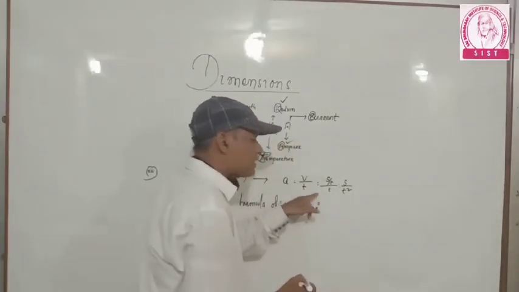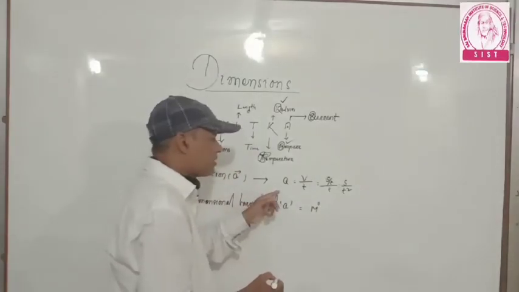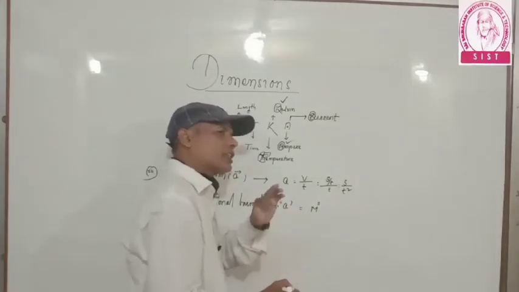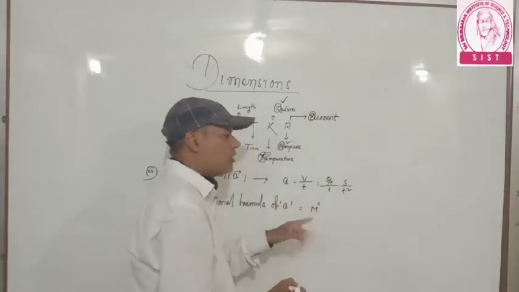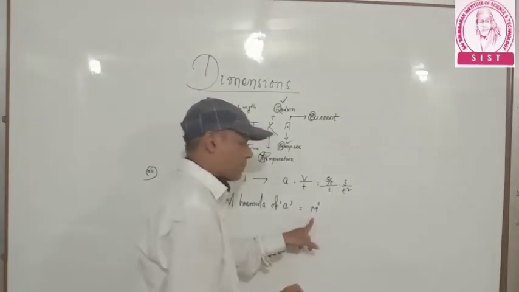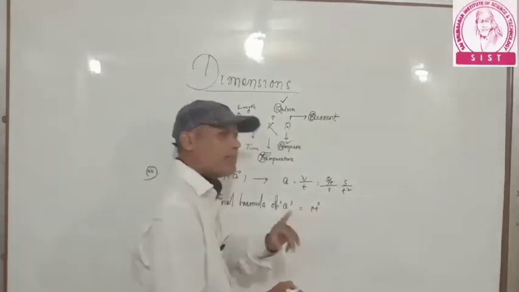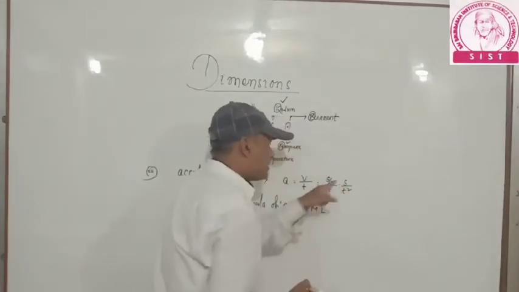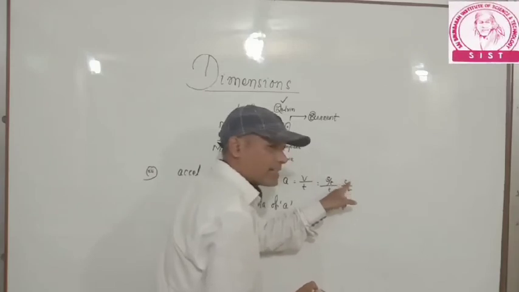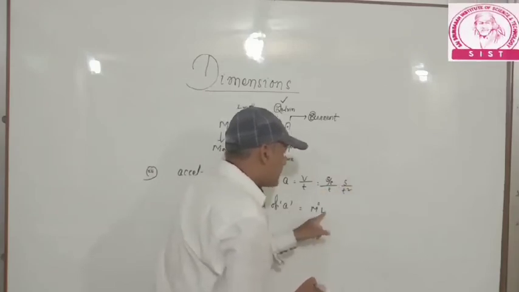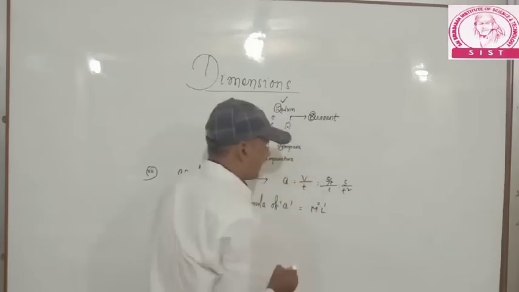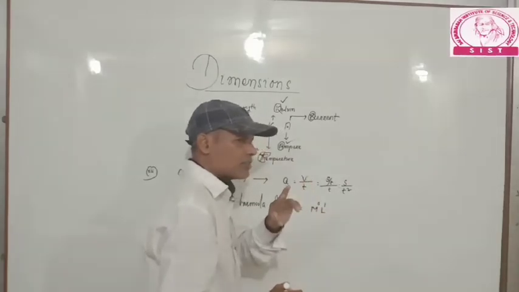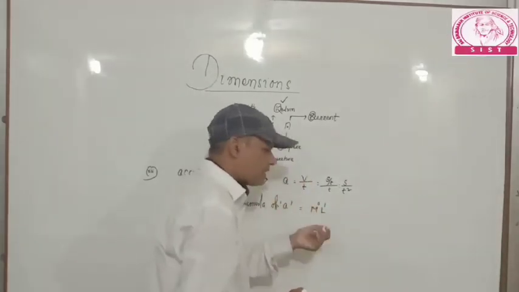Now acceleration is independent of mass, but we have to write mass. The symbolic representation of mass is capital M, so we are bound to keep its power 0. But length is here, so write L. What is the power of the length? What is the power of the S? The power of S is 1, means L to the power 1. Then M is done, L is done, ML is done, and the next letter is T.